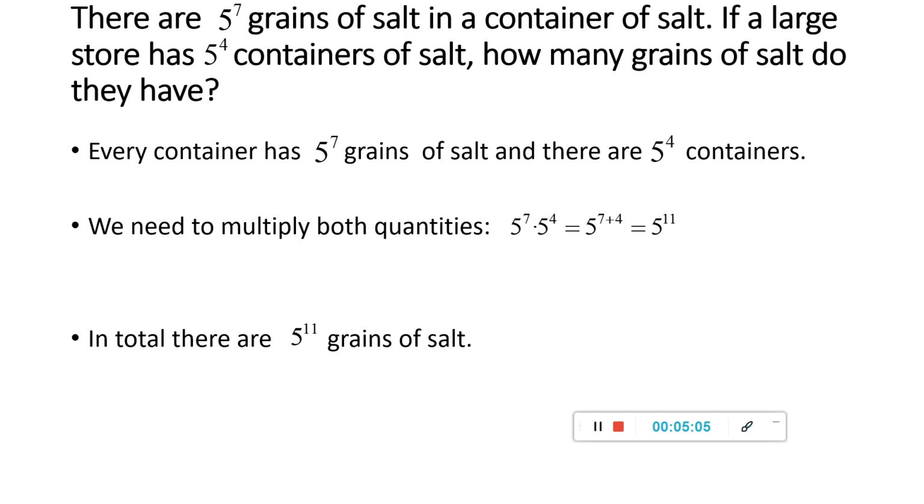Every container has 5 raised to the 7th grains of salt, and there are 5 raised to the 4th power containers. We need to multiply both quantities, and we apply the property that says if we multiply two powers with the same base, we keep the same base and we add the exponents. In this case, we keep 5, which is the base, and we add the exponents, which are 7 and 4. 7 plus 4 equals 11, so the total amount of grains equals 5 raised to the 11th